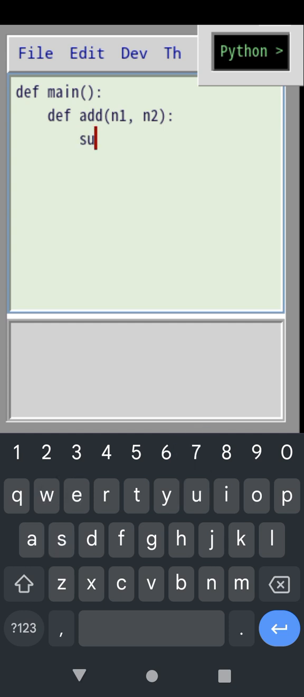So the sum equals n1 plus n2, return sum. So I can use it with other functions. So then to use this function, you have to call it